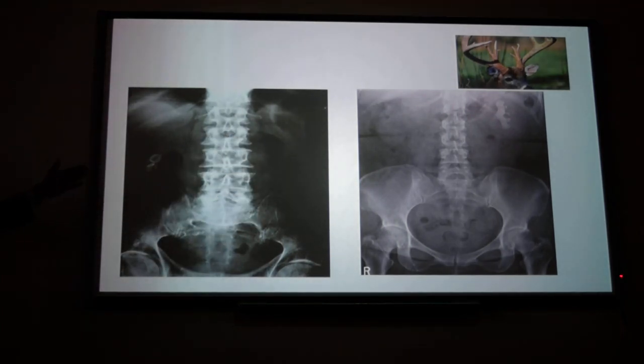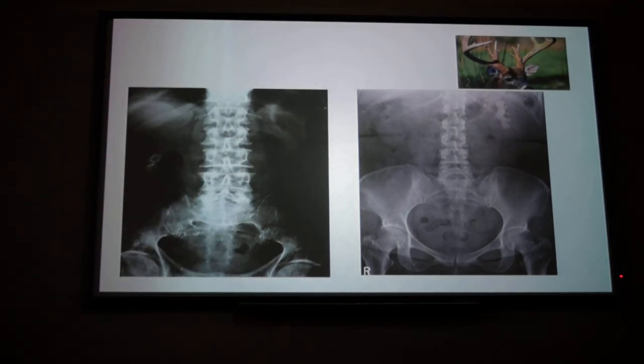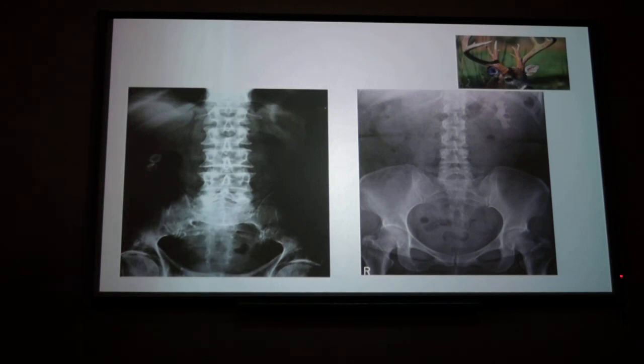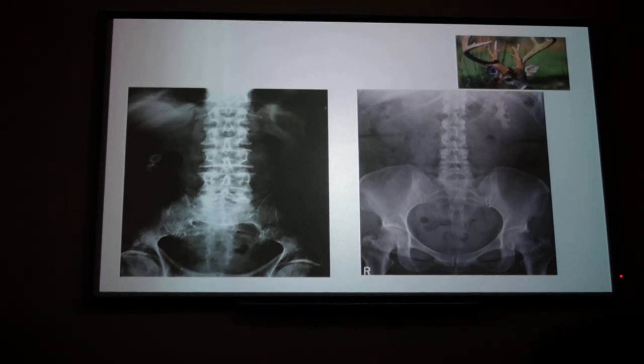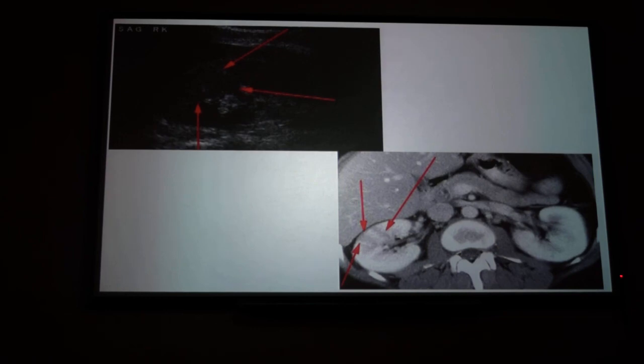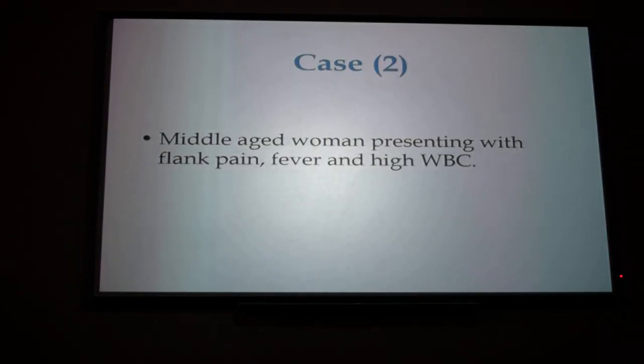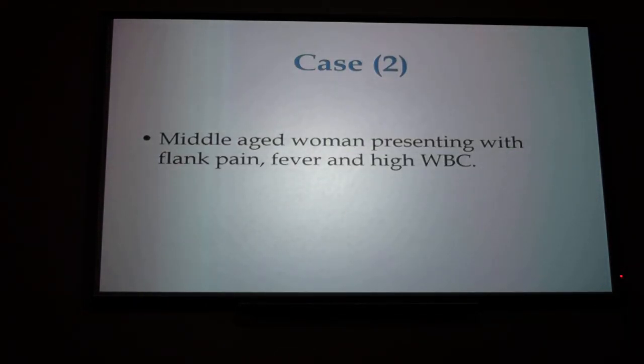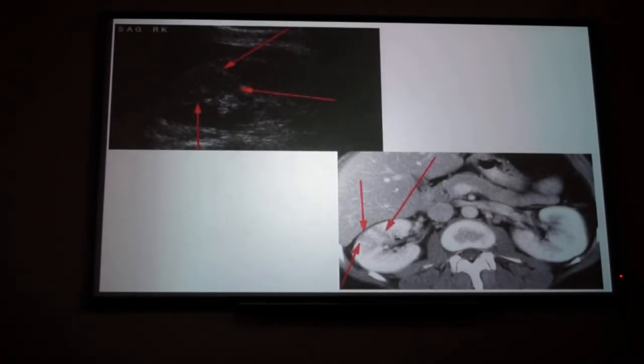Nature has given you two kidneys. Even if half of the kidney is functional, urea and creatinine levels might not be raised. So this is why it is important to detect them early on. Unless it goes into end stage renal failure, then obviously we can't do anything. Another example, of a woman with flank pain, fever, high WBC, looks like infection. So history is quite